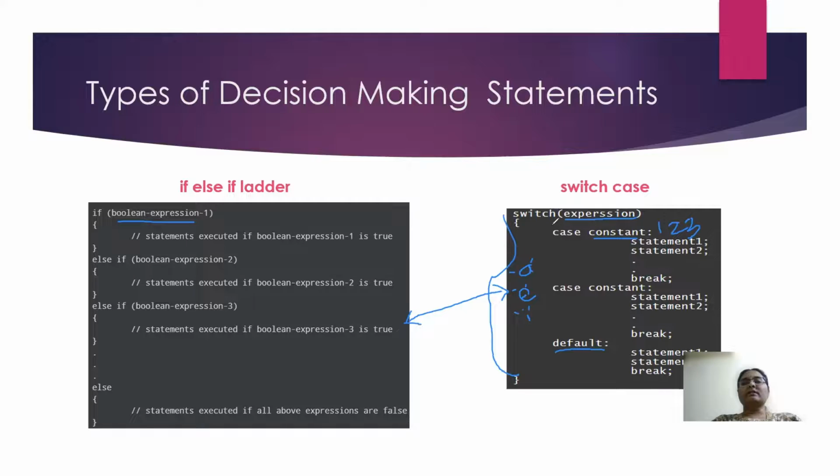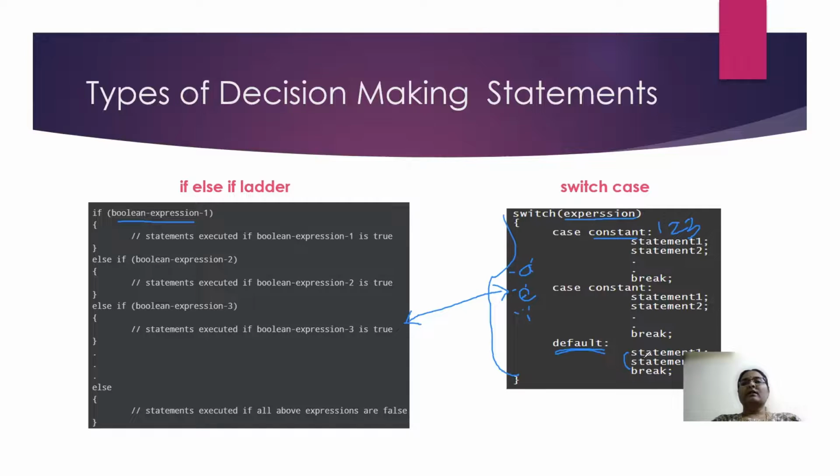So what has to be done if the number does not fall within the range 1 to 7? In this example, sometimes the user may give a wrong value. So in that case, your program should also handle the wrong values. For that, you can make use of the default statement. Inside the default, you can have these statements to be executed. Say for example, you have given a wrong choice, or a wrong value, and then you can print that